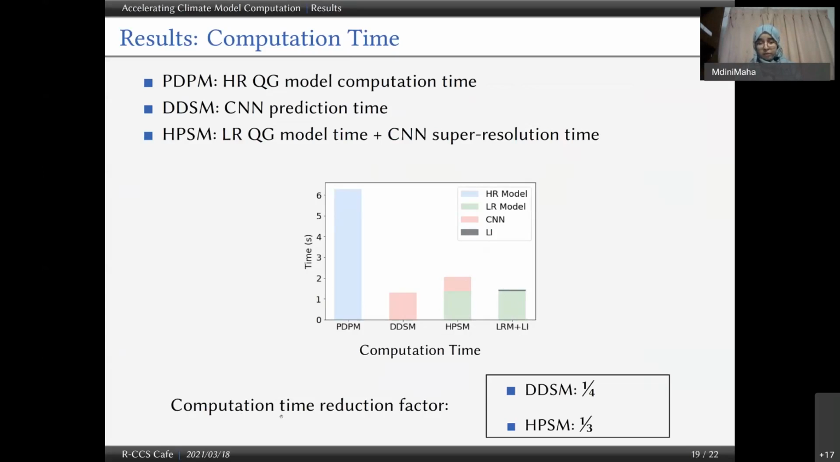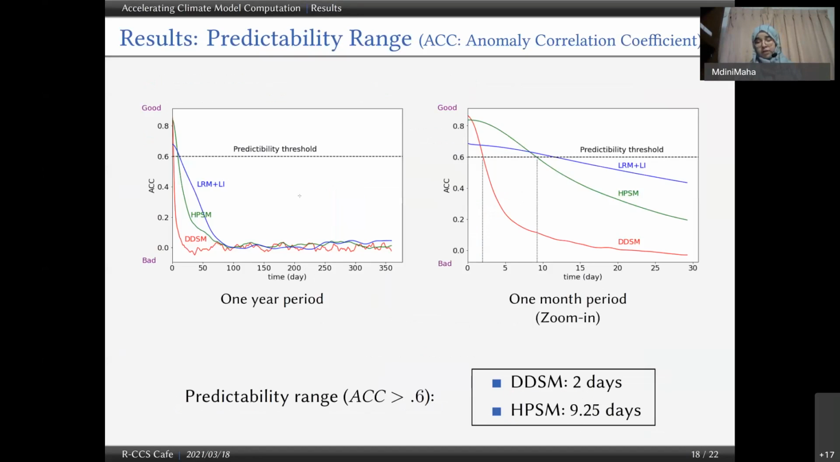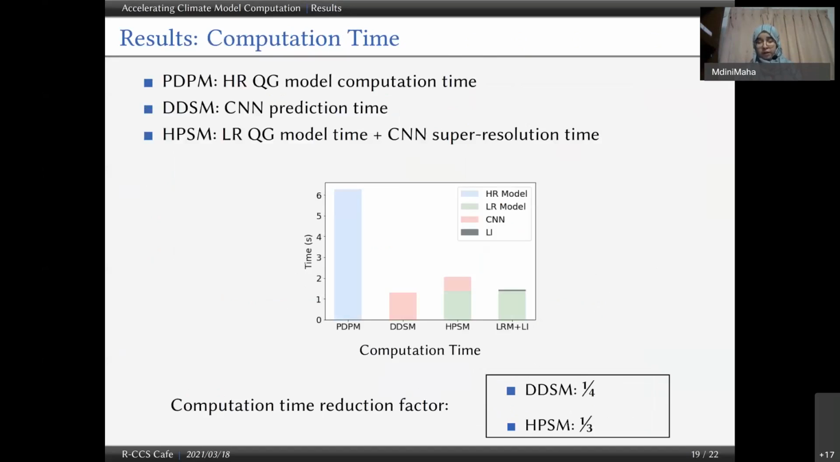So if we look at the computation time reduction factor, we can see that the GDSM reduces the computation time by a factor of 4. Okay, and then the HPSM reduces the computation time by a factor of 3. So from these two slides, we can conclude that the HPSM is doing much better than the DGSM for the predictability range, and also it has a good